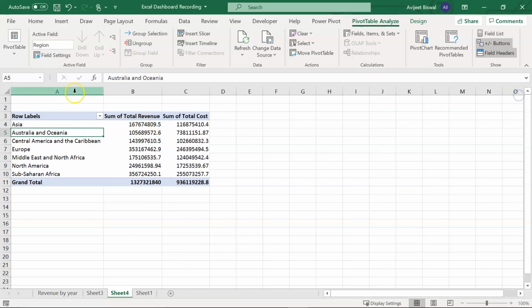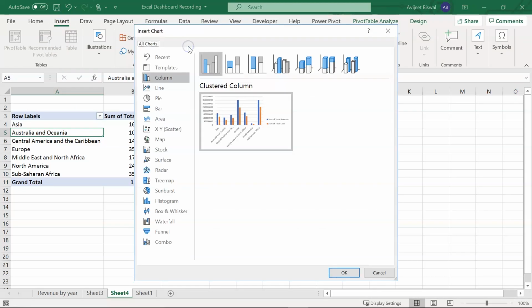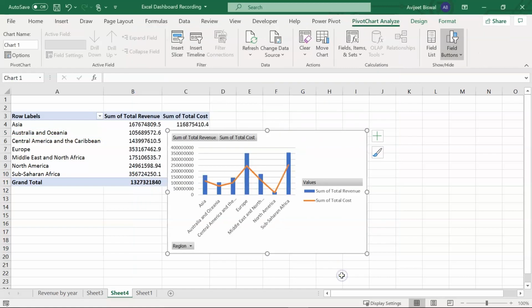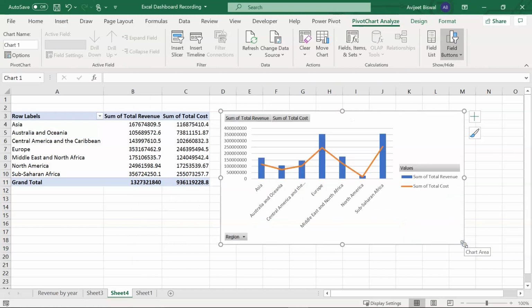Now based on this pivot table, let's create our pivot chart. So I'll go to recommended charts, and if you see below at the bottom we have combo chart. So this is the preview of the combo chart. Alright, now let me just click on OK. There you go. So we have a nice combo chart ready here.